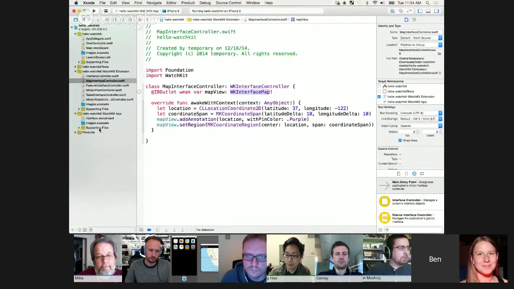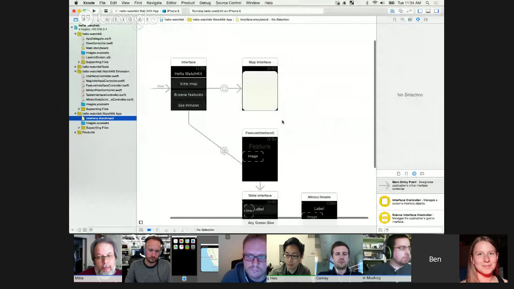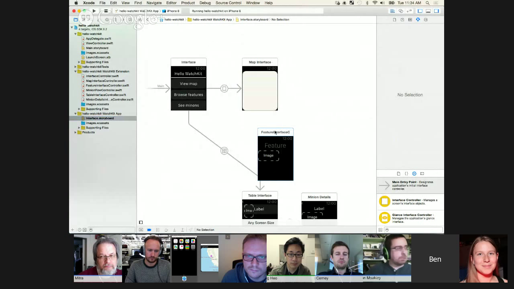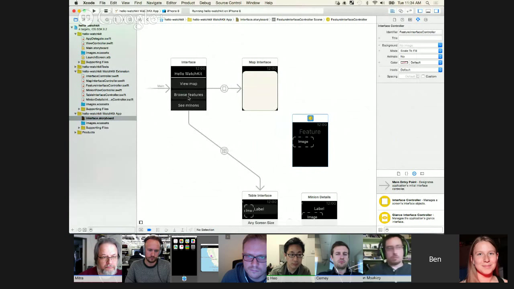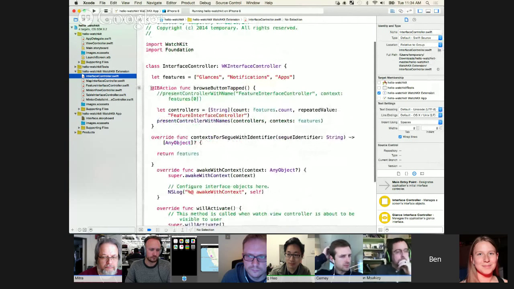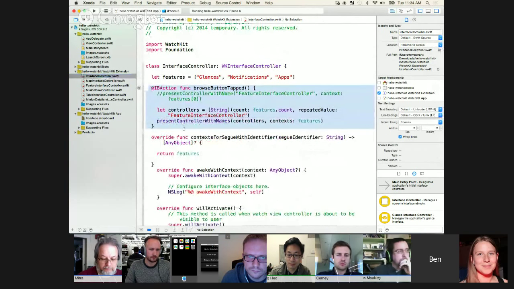So then if we go back to our storyboard and do the next thing. If I click on the Browse Features button, then I'll come down here to this interface, but notice that it's not actually connected with a segue. Why is that? Let's look at our interface controller, and we see we have an action here for Browse button tapped, and that action